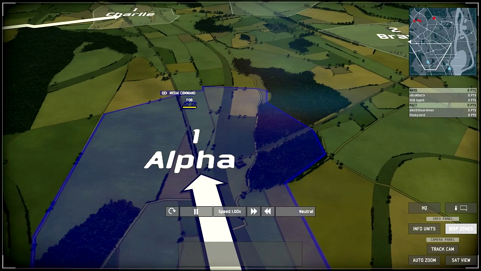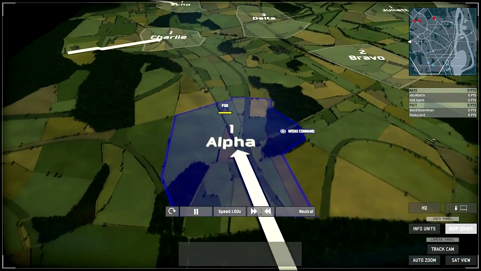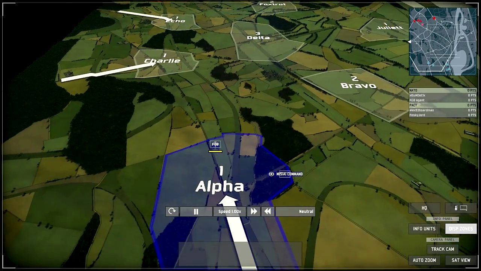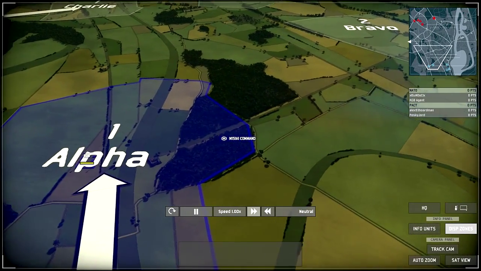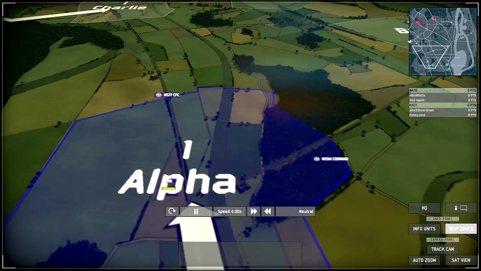So I'm starting off here in Alpha. It's blue, so it's under our control. The zones with the arrow just mean that these are zones where your reinforcements can come in. So if you don't hold any of these zones with an arrow, then you can't spawn in troops here. I'm going to go ahead and speed it up a little bit, just because this is during the deployment